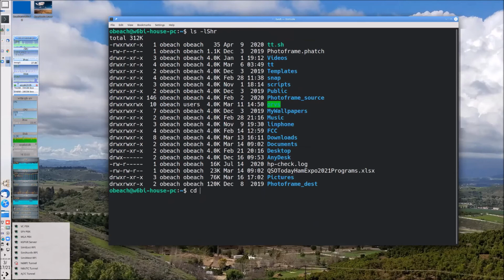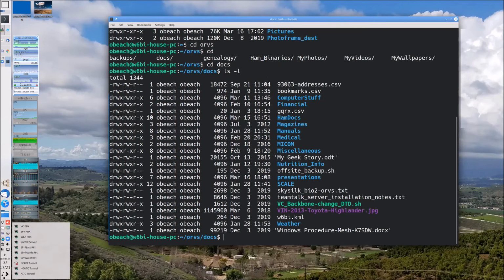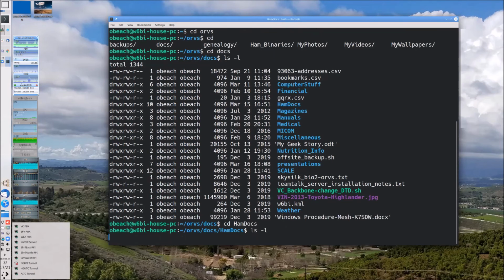Well, let's go cd to Orvs. Now I'm in Orvs. Now you can do cd space. If you're not sure what it is, do tab, and it'll show you all the directories underneath you. So I want to go to, say, docs. What's under here? I could just do ls -l. That's okay. Or I could go tab. And let's go into ham docs. So these are